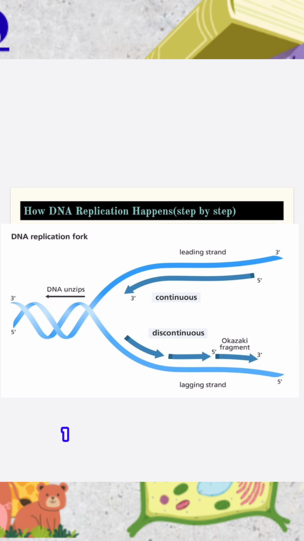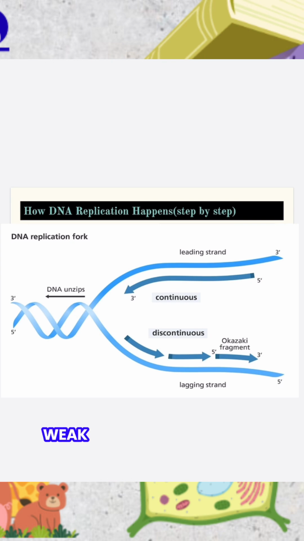Now, step 1, the DNA will first unzip. This is the initial stage. The process begins with the enzyme helicase attached to the DNA molecule. Now, the helicase, which is a protein, which is an enzyme, and you all know what enzymes are, catalysts. So now it attaches itself to the DNA molecule and it starts to unwind and unzip the double helix